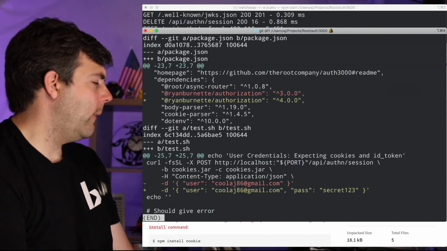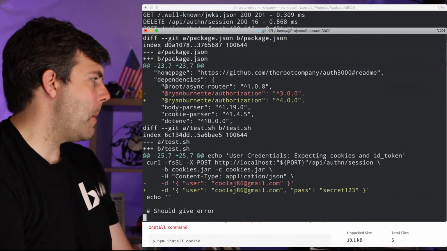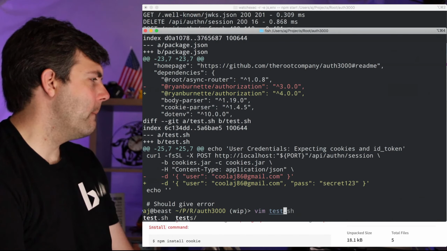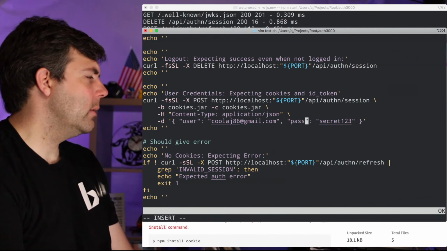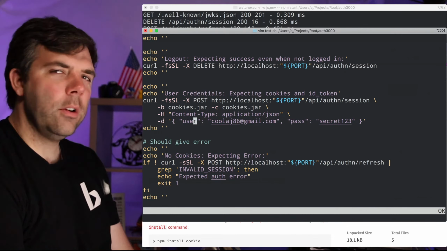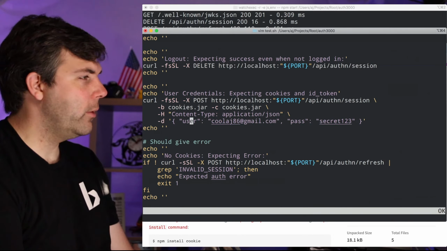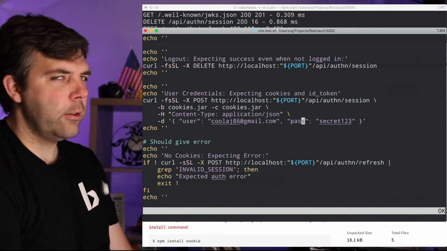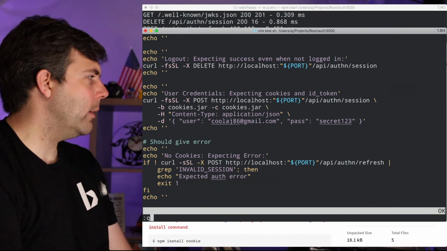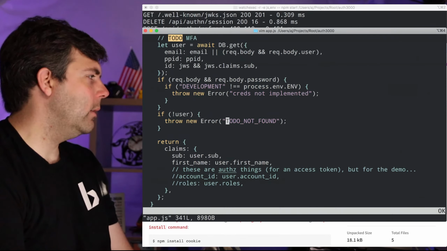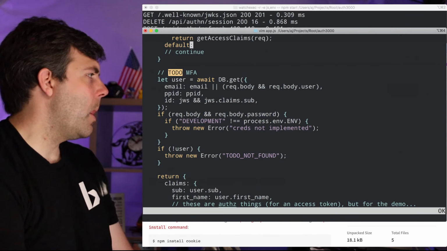Let's see. And this one, I want to change this from pass. Now, I kind of like, if it's user, it's user. So user versus username, and pass versus password, and I like to use them synonymously. So user and pass, or username and password. But I am going to go update in here